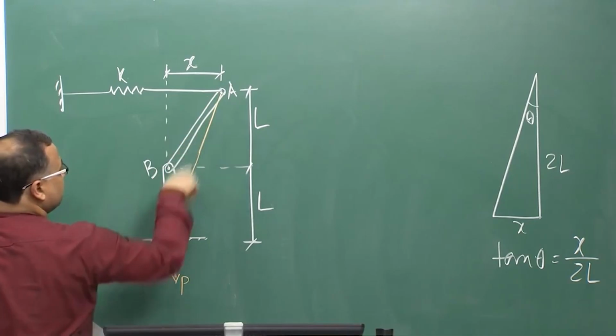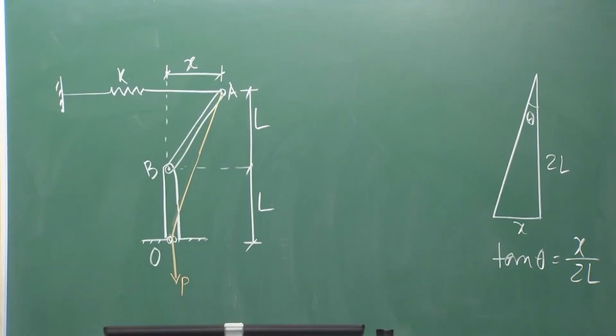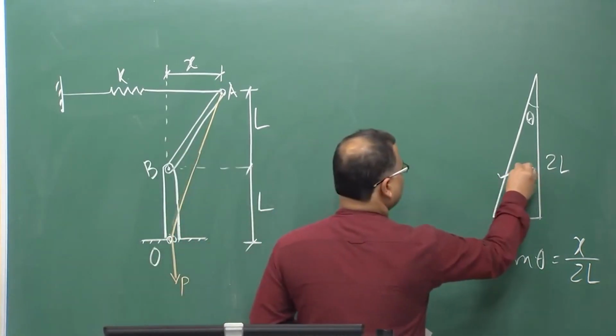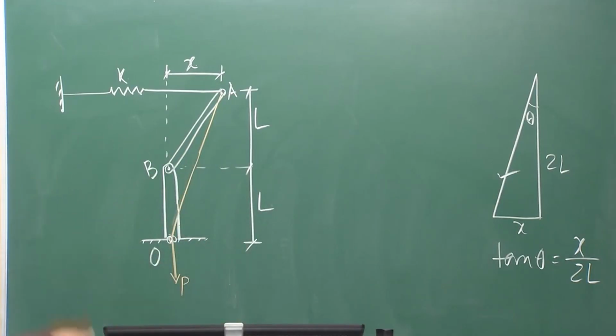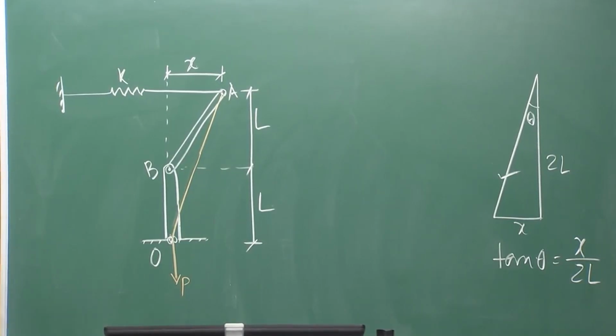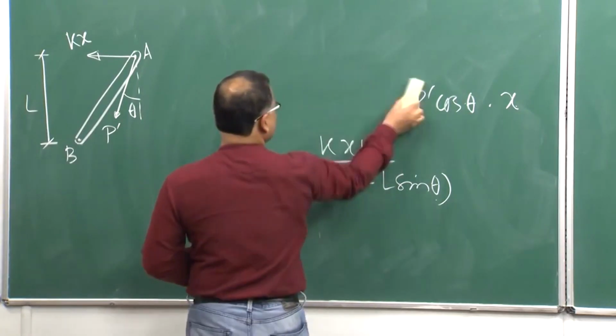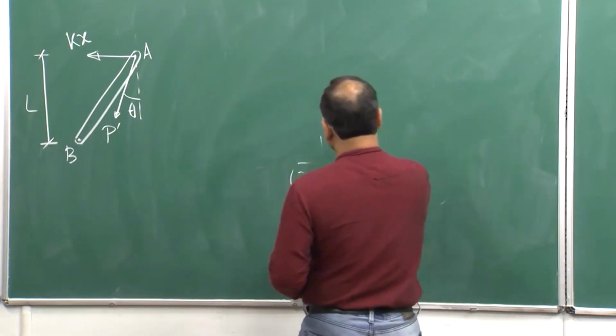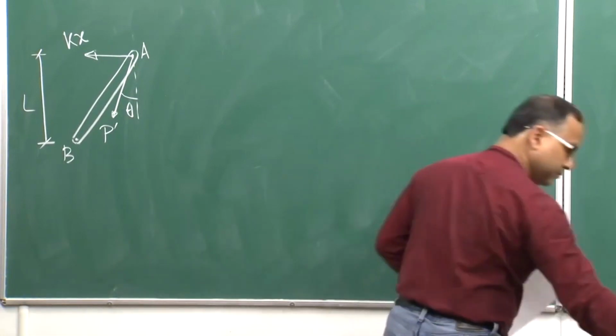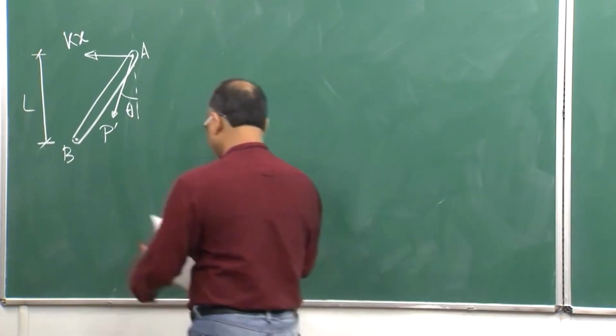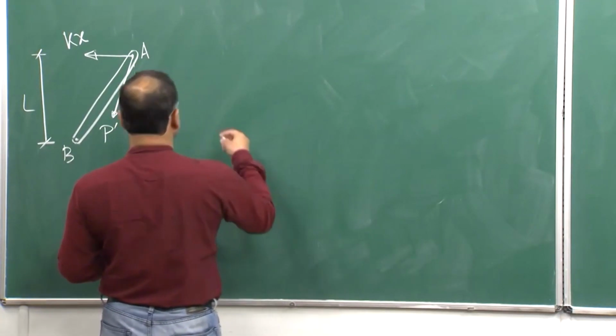You look at this geometry, this is the rope. So, now if I extract the value of sin theta and cos theta from that expression, which is coming from the geometry, then I can simply write